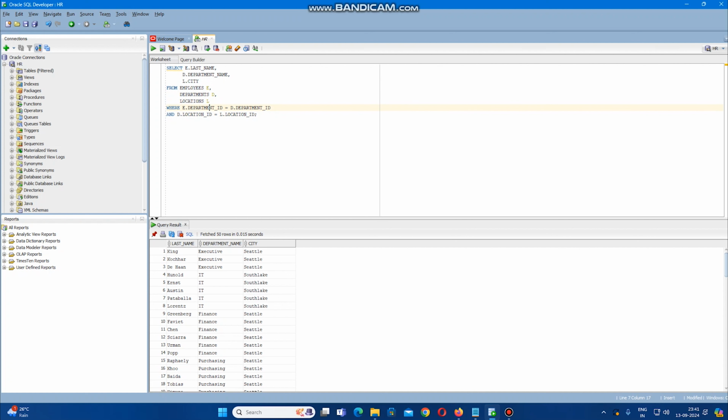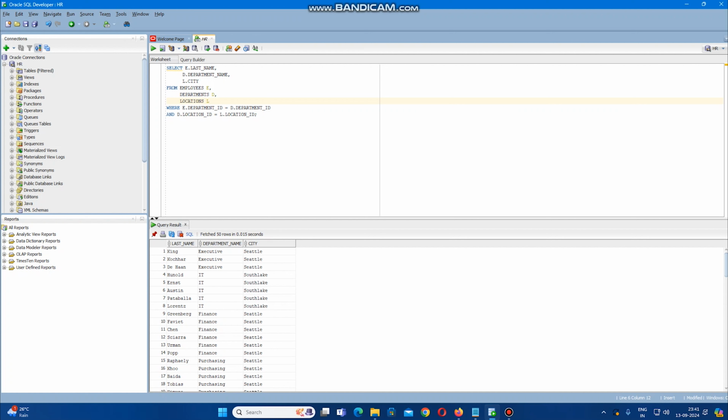As I have just explained a bit earlier, to join n tables together, you need a minimum of n-1 joins. That means a minimum of 2 joins, as there are 3 tables. There can be more than 2 joins also, but a minimum of 2 joins are mandatory. So n tables means here 3 tables, and n-1 joins means 3 minus 1, which is 2